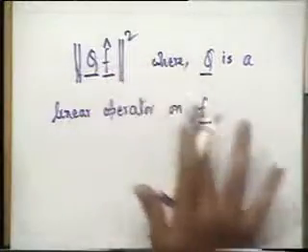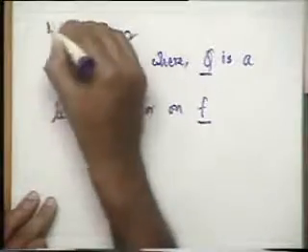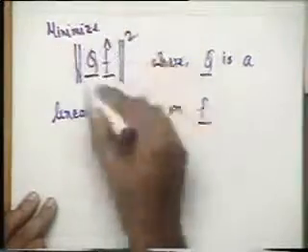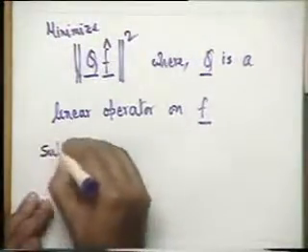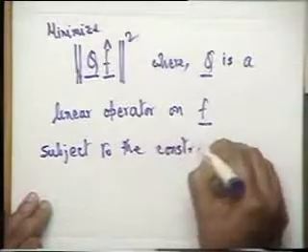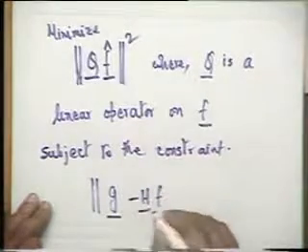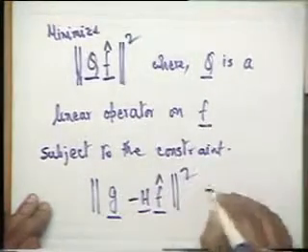Q is a linear operator, consider any linear operator, and if we operate f hat on Q, then the norm that we get, ||Q f hat||², we are going to consider minimization of that subject to the same constraint which we had discussed earlier, that is to say, minimize ||Q f hat||² subject to the constraint